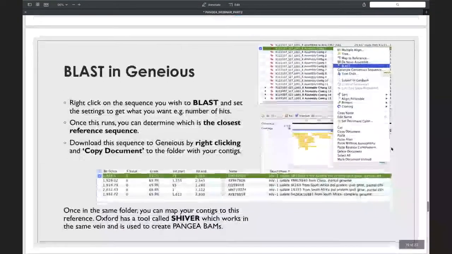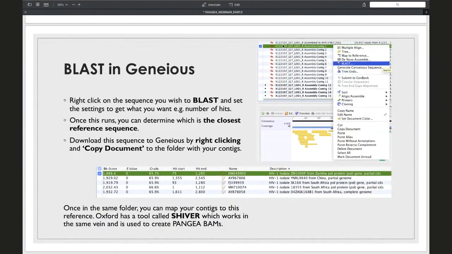by looking like this. So here's an example of one that I did a de novo assembly for. So you can see that we have so many different contigs. You can just right click on these and click on blast. When you click on blast, it will ask you for various options like how many matches do you want, the amount of time that you want to spend searching and things like that. And then what it will do is it will give you this window here. So it shows that some of my contigs, the closest match is, say for instance, this